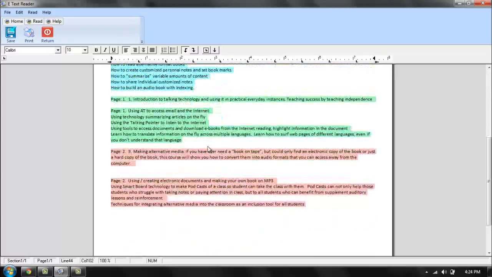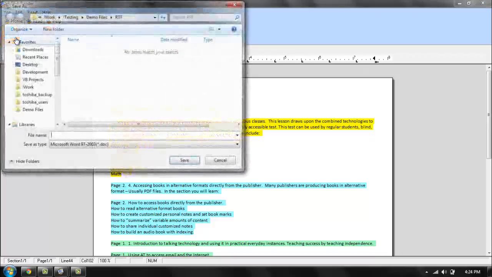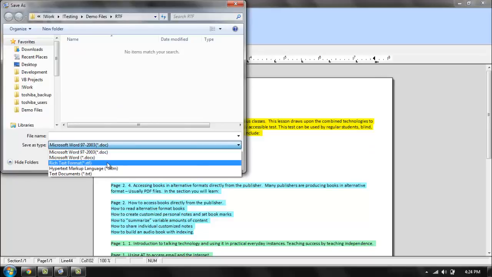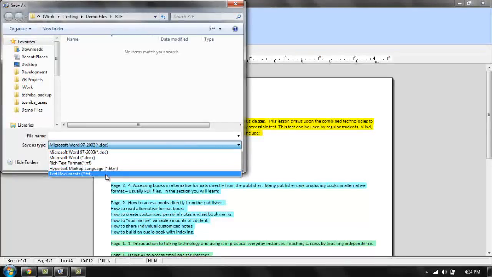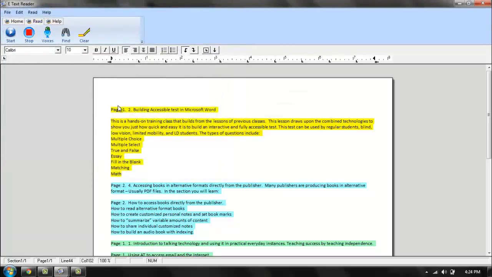So now, we've got a separate document open here with just the highlights. This can be a very good way to remove just the study notes from a document, and then if we want to, we can print it by going to Print right here. We can save it, and we have the ability to save that as a doc, docx, RTF, HTML, and TXT formats. If we go to the Read tab, we have the ability to read all this highlighted information. We can also clear the highlights if we don't wish to have them on it anymore. So I'll go back and I'll show you just one more